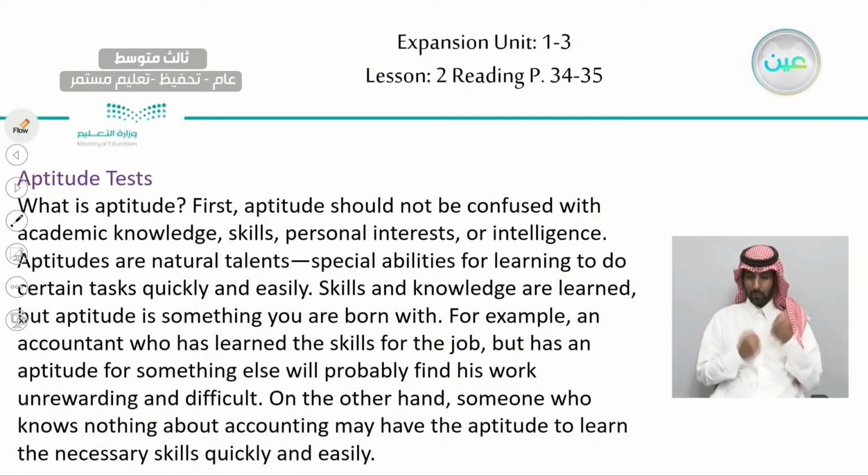Skills and knowledge are learned, but aptitude is something you are born with. For example, an accountant who has learned the skills for the job, but has an aptitude for something else will probably find his work unrewarding and difficult. On the other hand, someone who knows nothing about accounting may have the aptitude to learn the necessary skills quickly and easily. Okay. In this paragraph, here they mentioned how